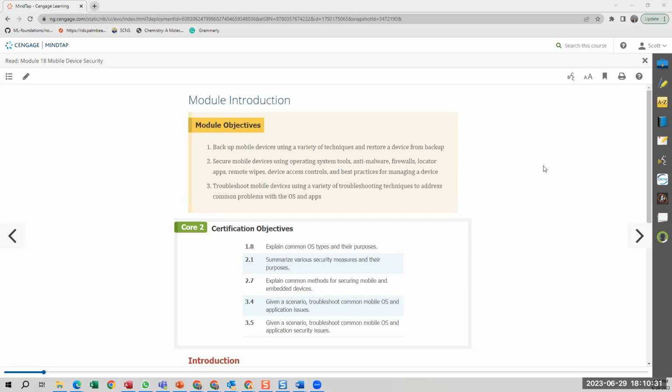Assuming it's recording. So we're dealing with mobile device security. Now, mobile devices, man, it's a wide range of devices. It's not just phones. But for the purpose of this, they're leaning predominantly towards phones. But if we think about it in generalities, which is what they're doing,